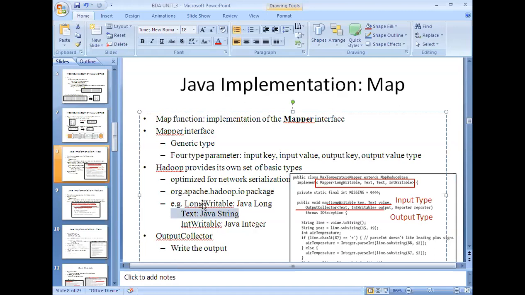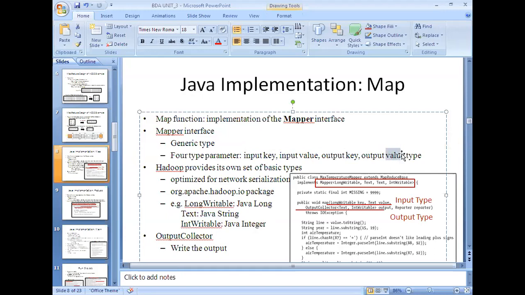Here you can observe input key, input value, output key, output value, because each mapper will accept the input as a key-value pair. The first parameter specifies the input key, the second parameter specifies the input value, the third parameter specifies the output key, and the fourth parameter specifies the output value.